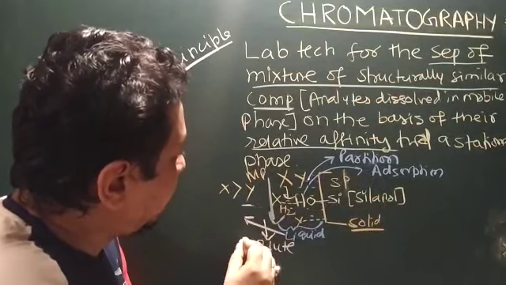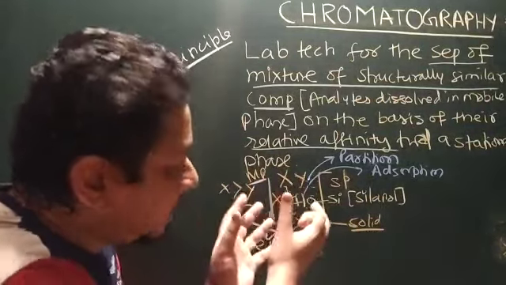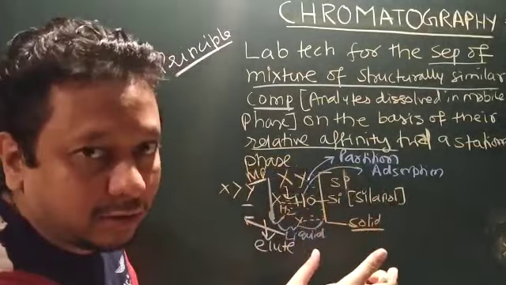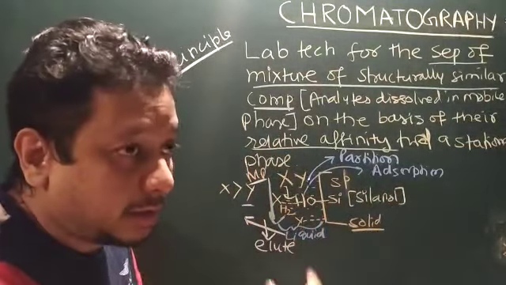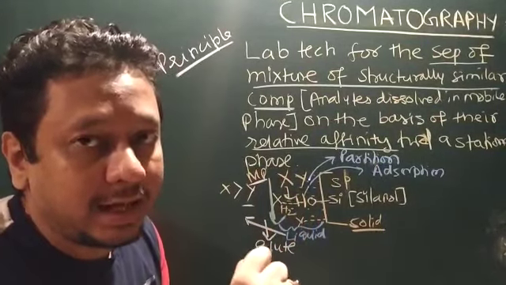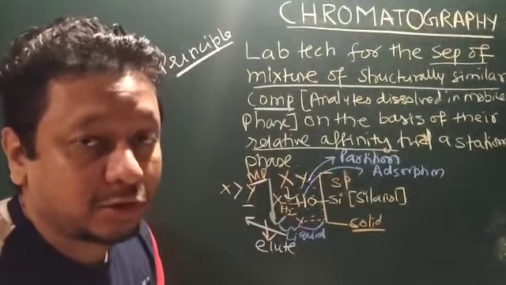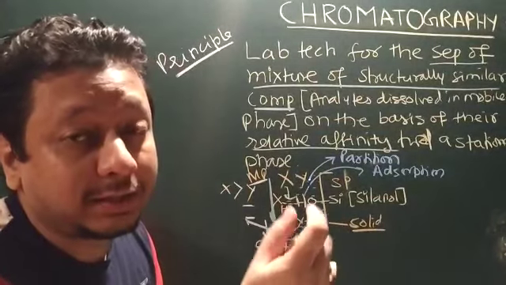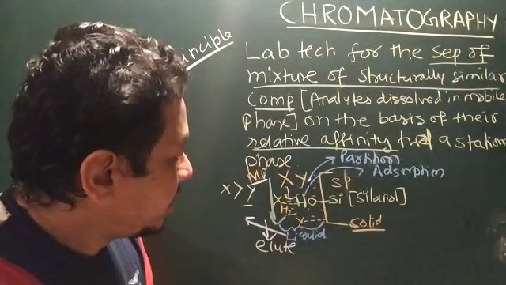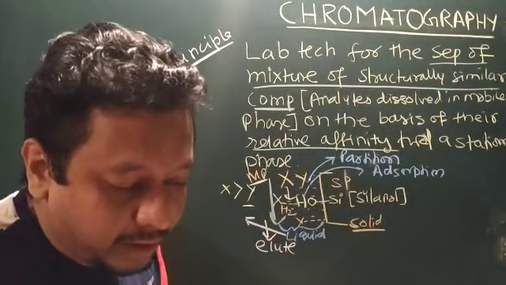If they are solubilized fully in the mobile phase, they will completely elute out; they will not be retained on the stationary phase. That's why choosing the solvent is a very important skill in chromatographic separation. The selection of the mobile phase, the making of the mobile phase, is a very important fact. So that's the thing that we have written over here.